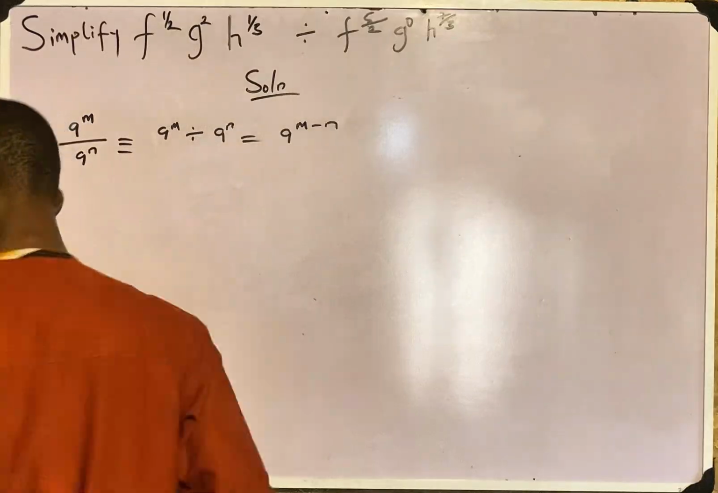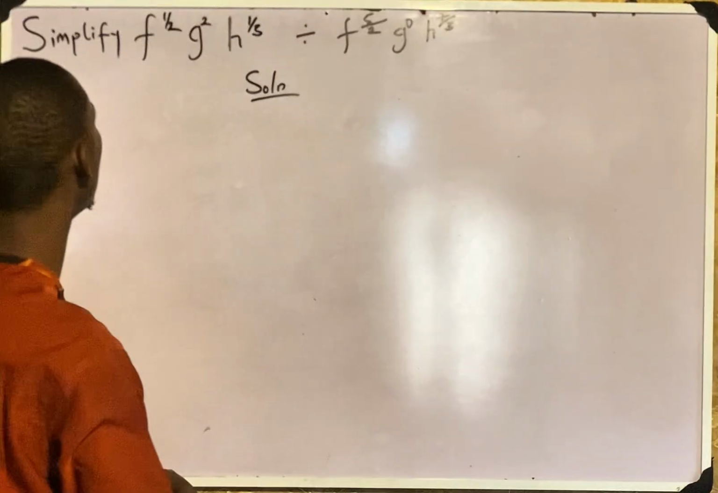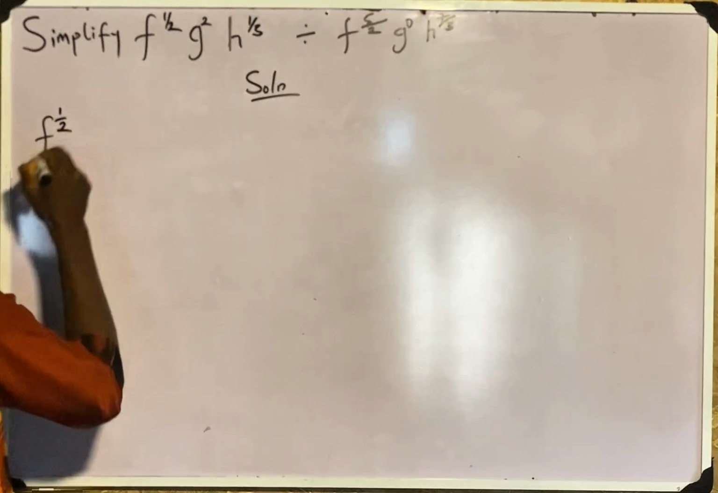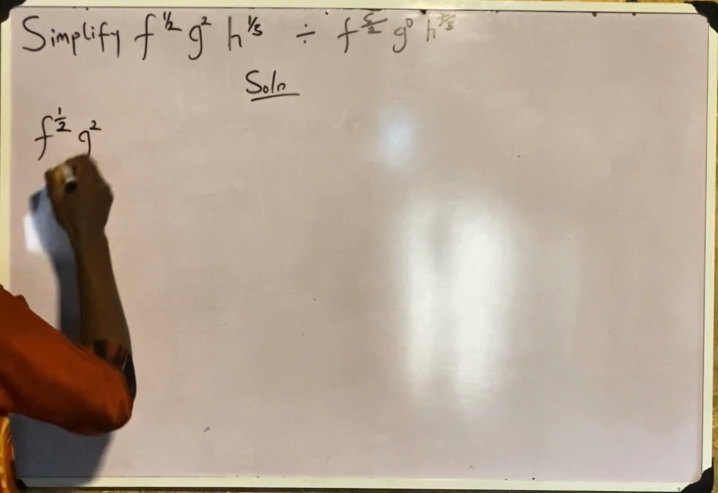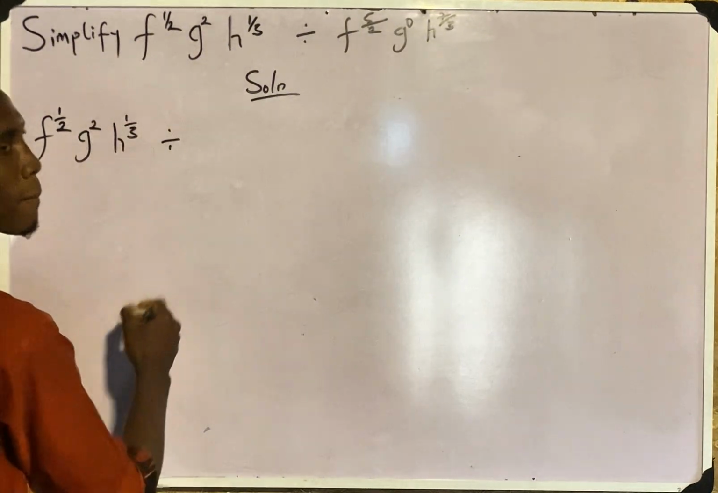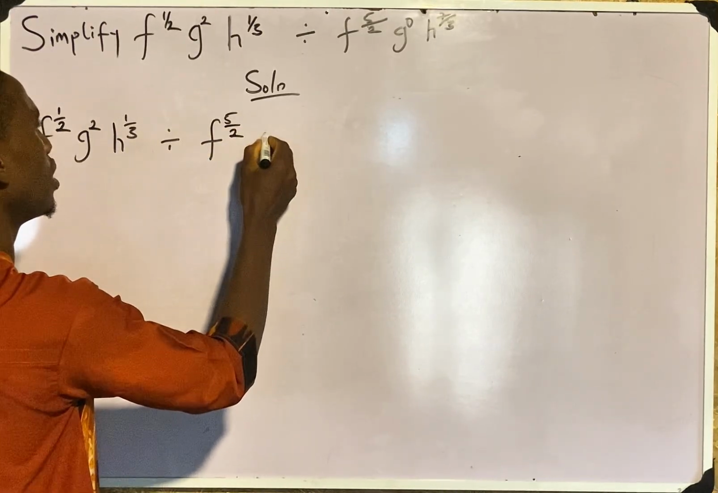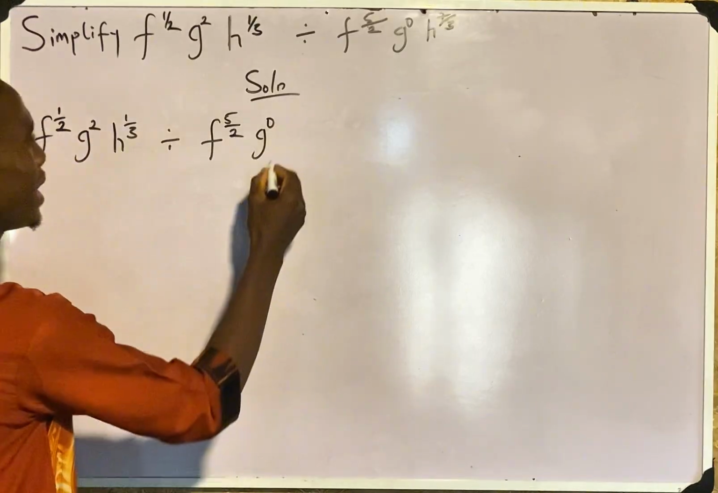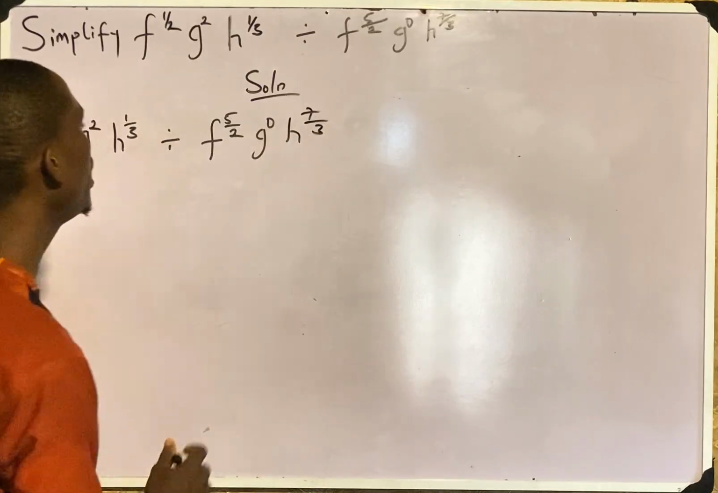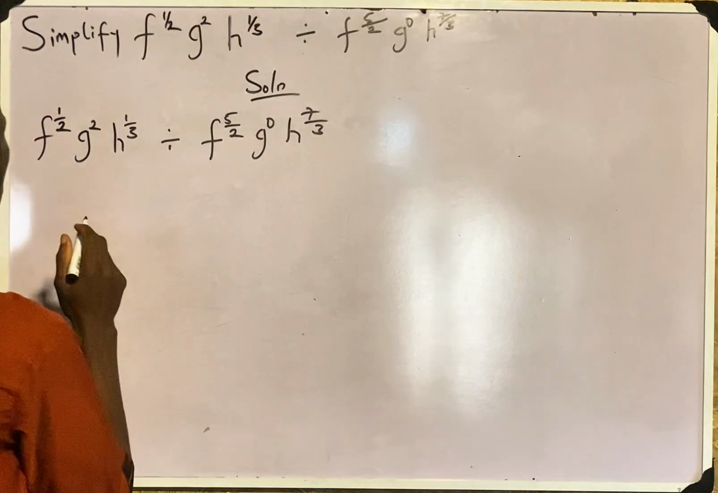So in this question, we are having f raised to power 1 over 2, g raised to power 2, h raised to power 1 over 3, divided by f raised to power 5 over 2, g raised to power 0, and then h raised to power 7 over 3. In this, we are going to collect the like terms and then apply our division rule, such that